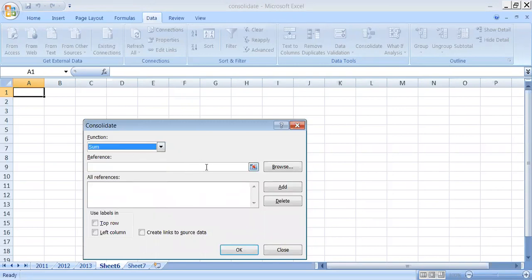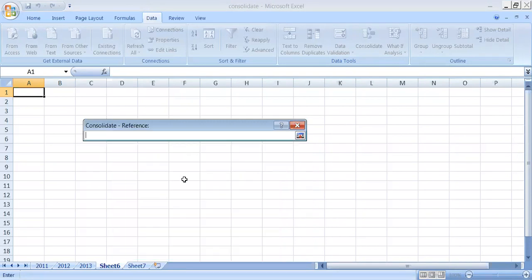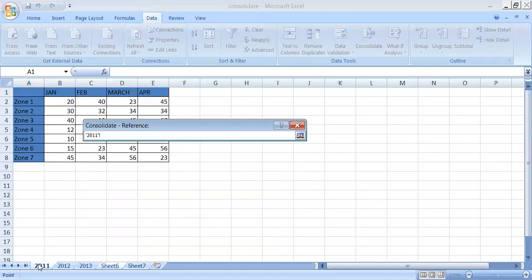Now the reference. In the reference box, you will have to give the reference of the complete data that you want to sum up in this sheet. In order to add the reference, click on this button, and you will get the sheet.